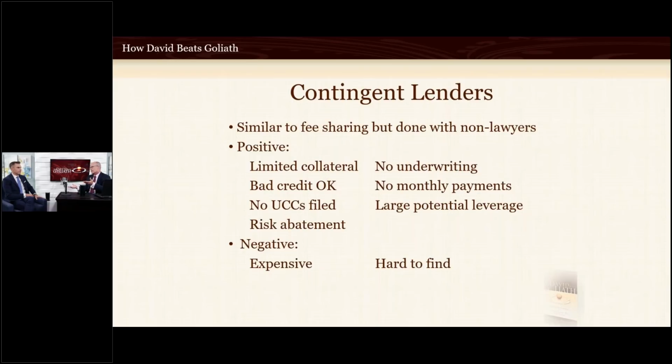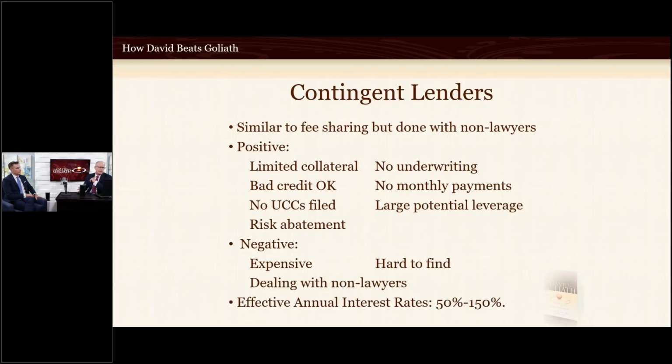It depends upon how long the torts take, right? And how long that interest rate clock is ticking, because the costs are typically very high. You can expect to pay, I've seen, anywhere from 50 to 150% effective annual interest rates. Yes. And you're disclosing a tremendous amount of information to the lender. We're seeing these lenders pop up. The more and more venture capital that's out in the marketplace, there's a lot of companies, the stock market's strong, they're making a lot of money. They want to monetize their earnings, and we're seeing a lot of these lenders pop up.